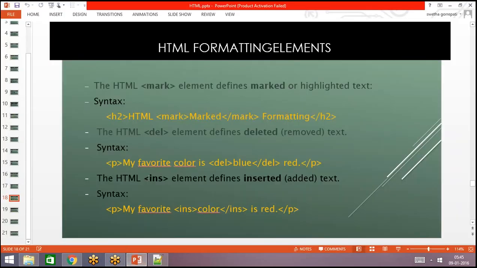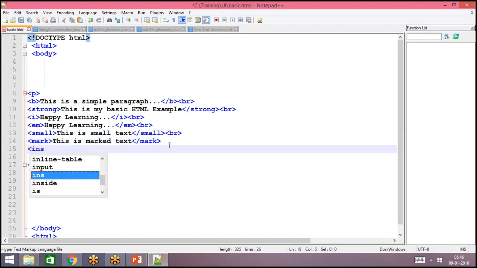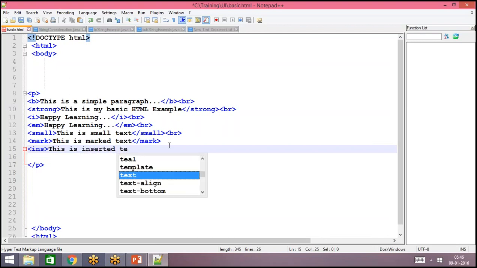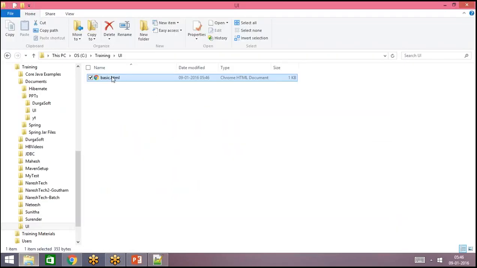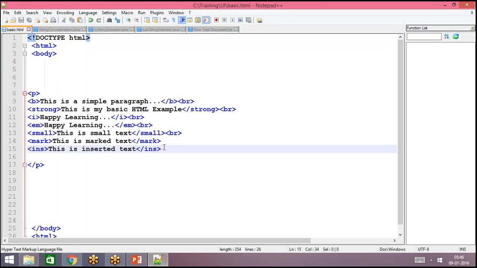And let us see how we can write the inserted text and deleted text using the ins and del elements. The browser automatically underlines the text for the ins element. And let us see how we can add the deleted text.